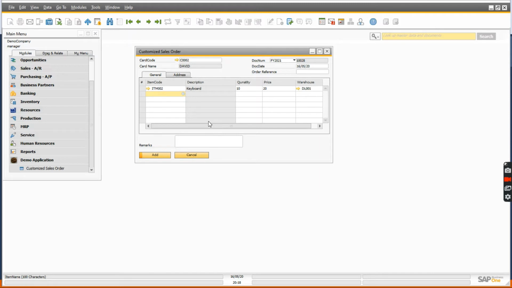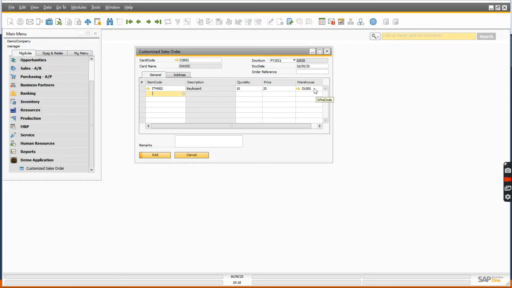You can see it is adding a new row for us after selection of warehouse. This is the validation we have put in. You can also add a new line after selection of item code as per your requirement, but I thought it would be better to add a new line after selection of warehouse.